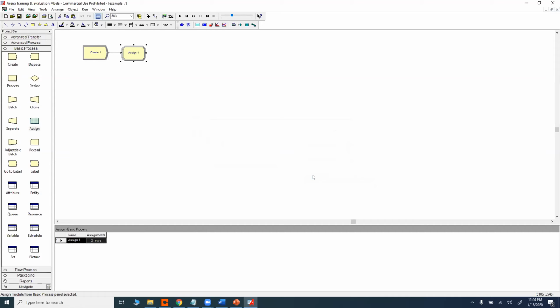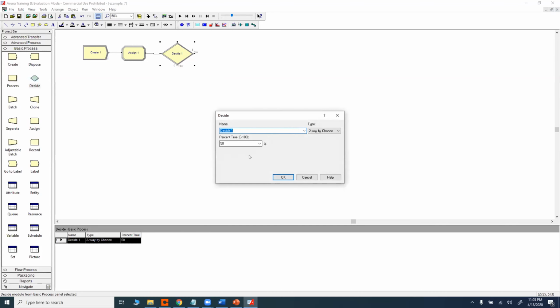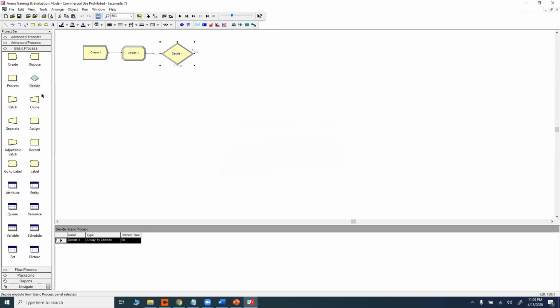From there, we need to add another attribute to our entities, and that attribute is for the time it's going to take for them to pay. So I'm going to be using a decide block here, and I'm going to be splitting this by 50%,